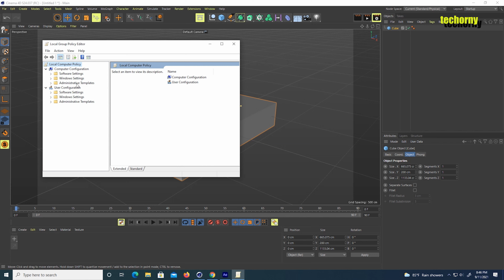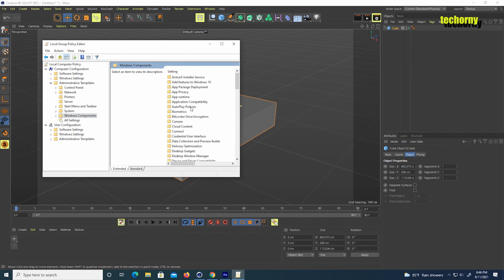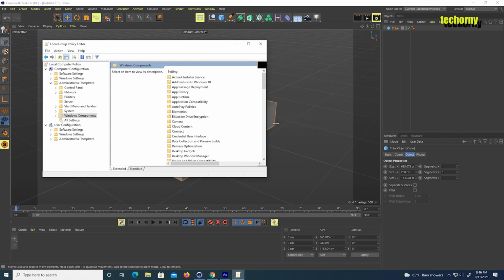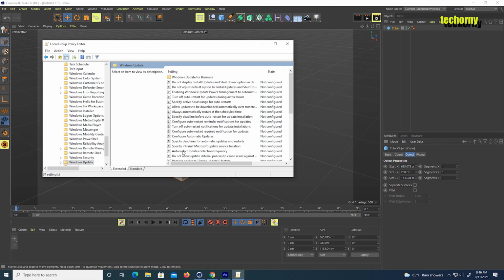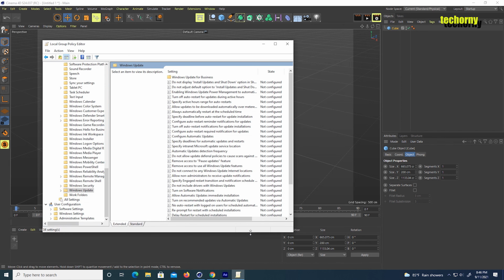Then click on Administrative Templates and next Windows Components, and in the resulting hierarchy, scroll down to find Windows Update. Double click on it and it will open the update policies, and among these you will find this one, Configure